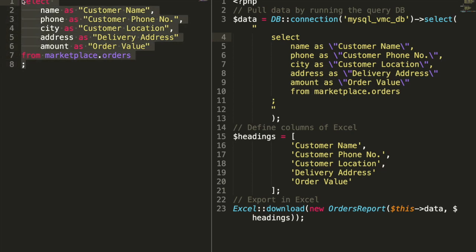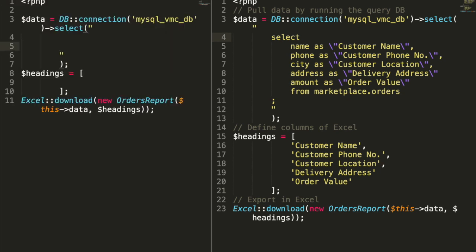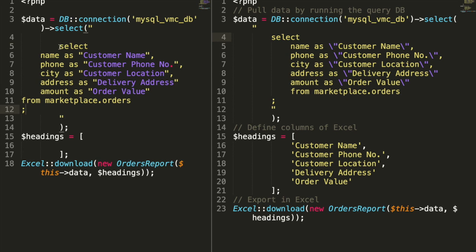I will copy this query and I have kept my skeleton code ready. I will paste this. As we had discussed in the previous video, there are two ways of generating the multi-cursor in Sublime using selection of same text.